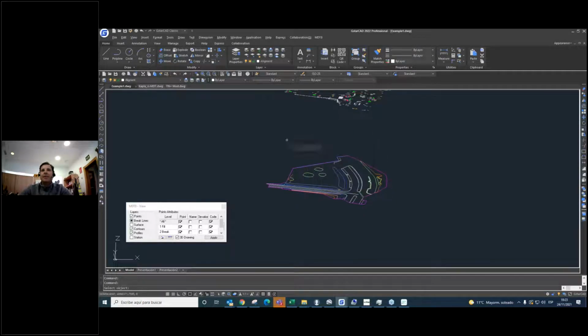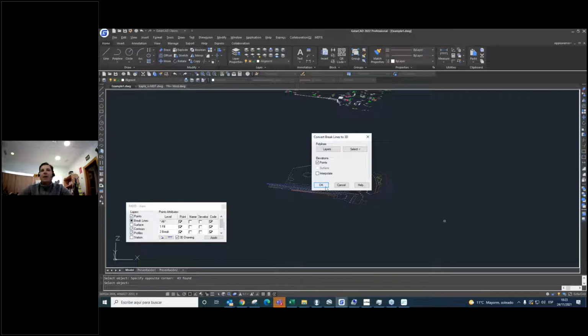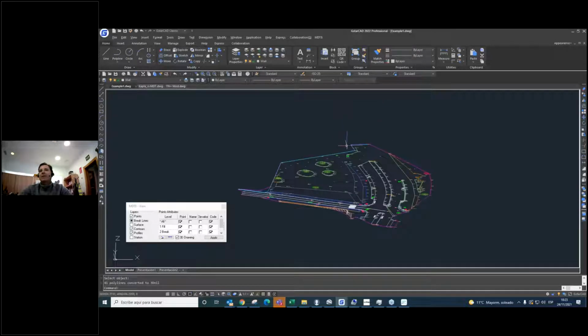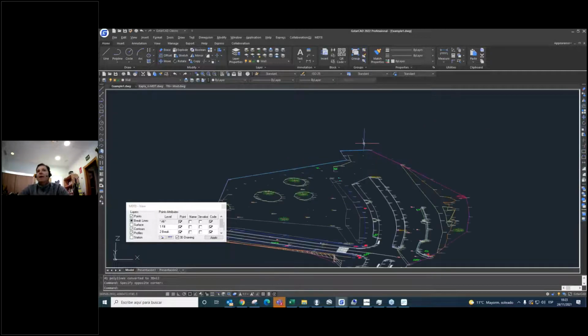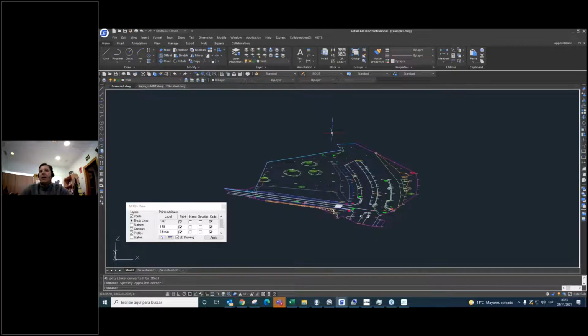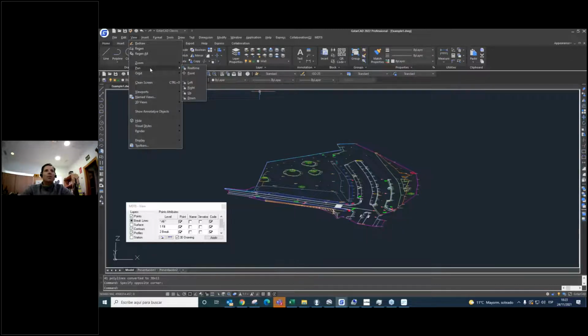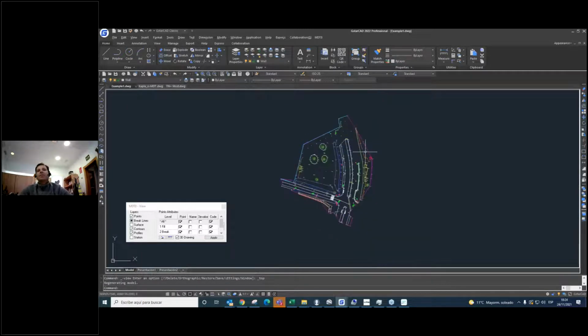Line, convert 2D, the same thing, okay, and arrange to raise the break line of this. Or maybe we have a lot of tools to, for example, displace parallel in 3D, which is a very useful tool to work with this, or something like that. It's an easy way to create a cartography with this application. So now, here is top view.